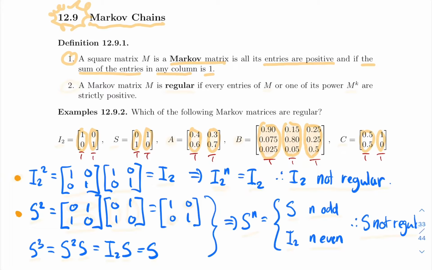Whatever you're doing with Markov chains in any question, at some point you'll be dealing with a square matrix. If the entries are not positive, and if the sum of the entries in each column is not 1, you're missing the point. So if it's a Markov chain question, make sure that this matrix is in this format. And then the other definition, which is a bit more strict, a restriction of special Markov matrices, is